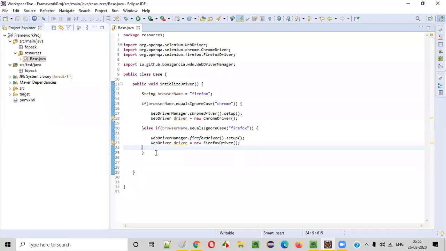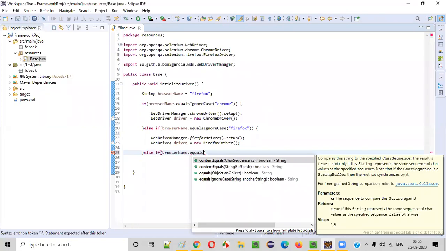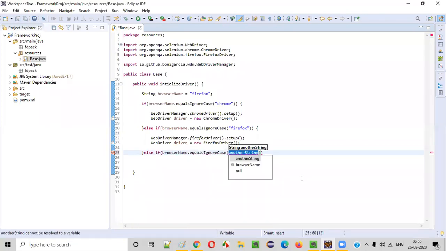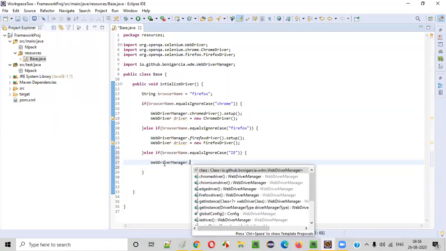Next thing, else if browser name dot equals ignore case, if it is IE, let's say, if you have given IE here, then you have to write something like this: WebDriver manager dot.